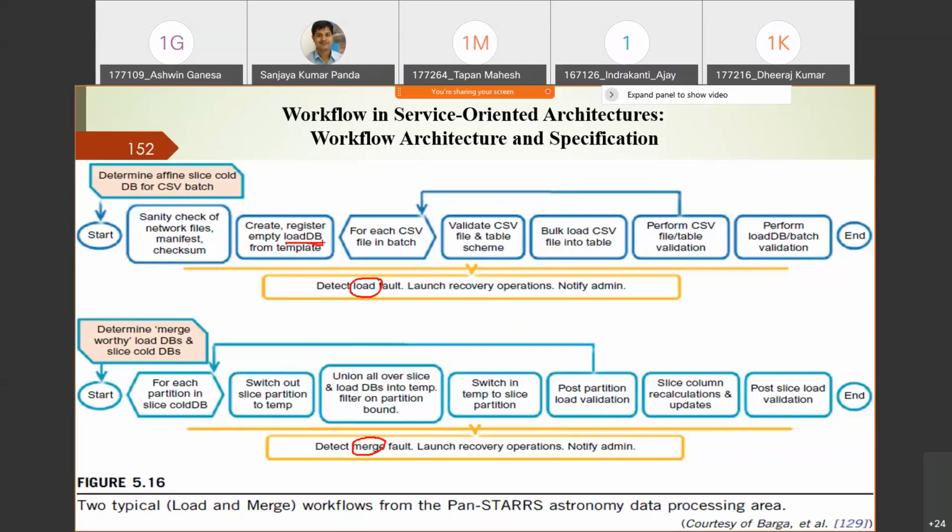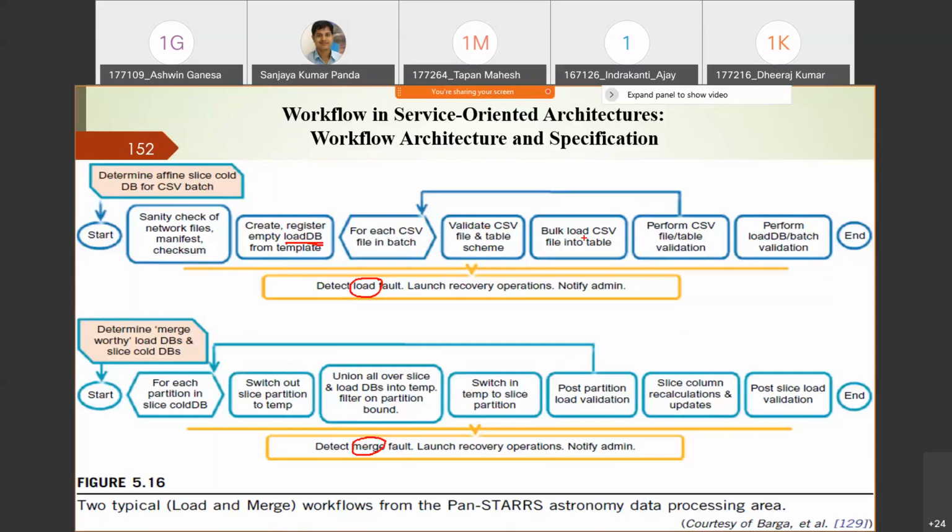So once you receive this CSV batch, you have to put it into the empty load database. And for each CSV file in the batch, you have to validate the CSV file and table schema, and you have to load this CSV file into the table.